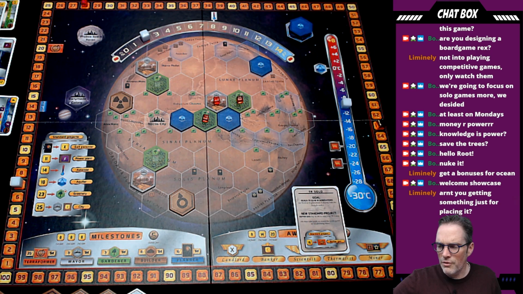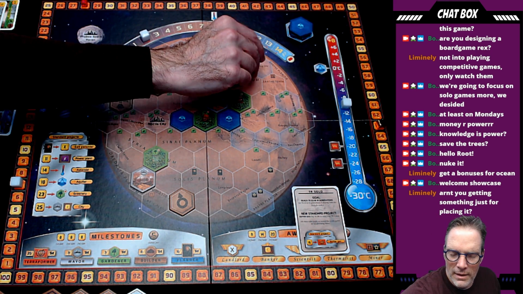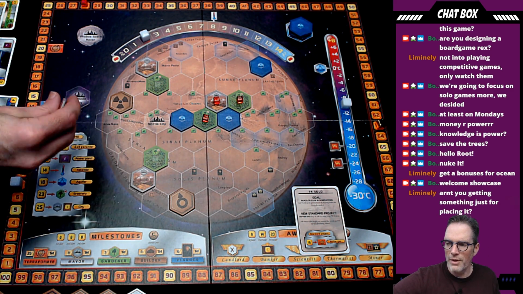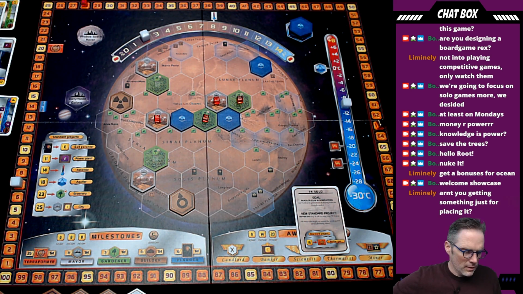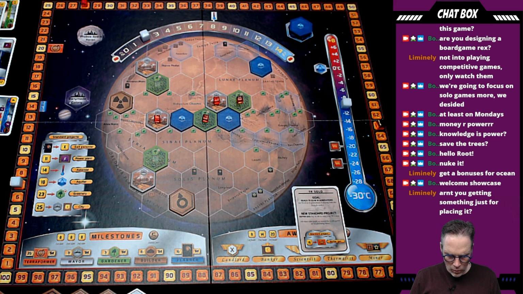Aren't you getting something just for placing the ocean? I did, yes. It depends on what I cover. I got 2 cards for that ocean, I got some plants for that ocean, and some plants for that ocean. Just like Noctis City here, I'm going to get 2 plants for placing it here. I'm at 4 plants. I have 9 resources left,